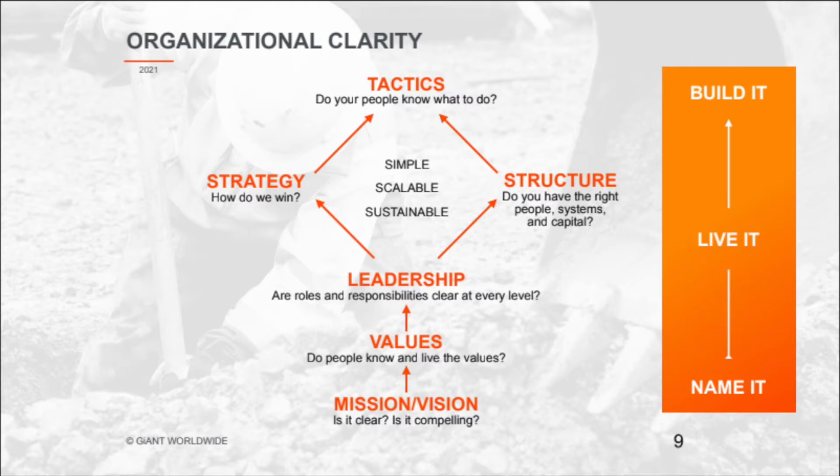So building down for organizational clarity suggests you answer the question of what do you do, the mission; why do you do it, the vision; and how are you going to accomplish it all, your values. Once you establish that foundation, you've established the functionality and the goal, and from there you build. Form follows function. After mission, vision, values, you really go after leadership. Are the roles clear? Are the expectations clear? And from there, strategy and structure really lead to tactics, which is where a lot of us focus our energy most of the time. What should I do today?